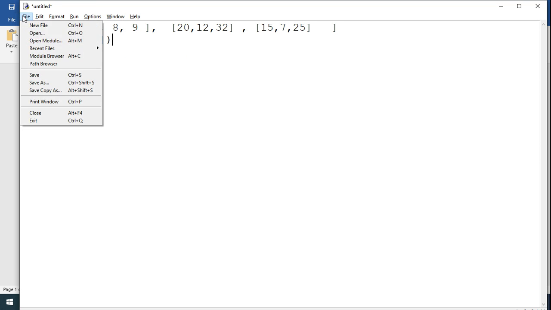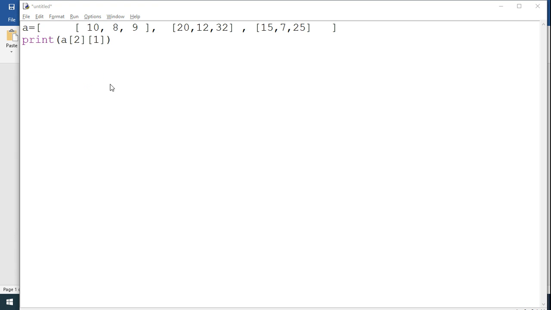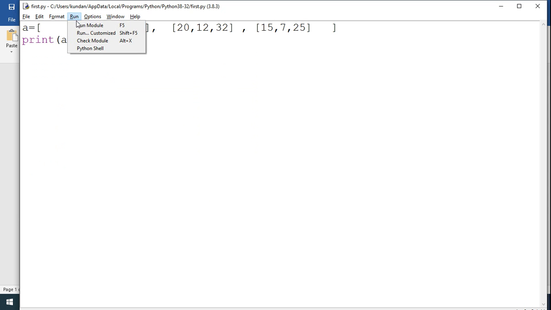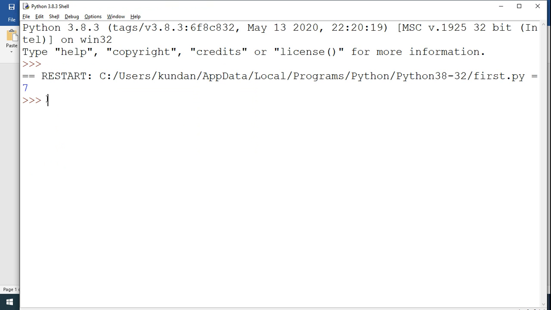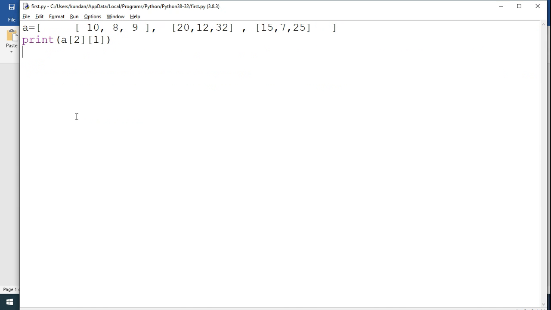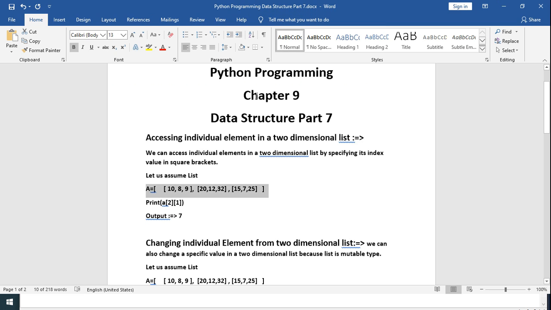First of all, I save the program. Now I am going to run the program. So our output is 7. We printed the third row and second column, which is equal to 7. So this is how we can access an individual element from a two-dimensional list.